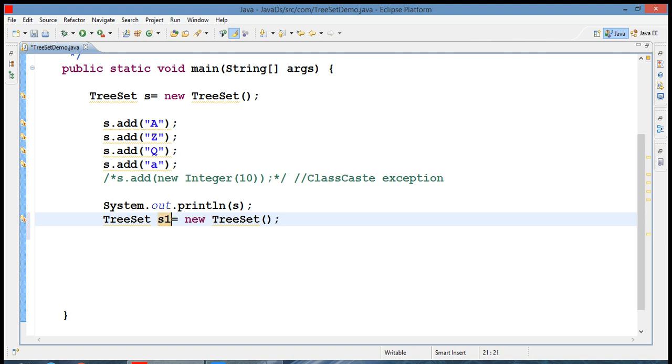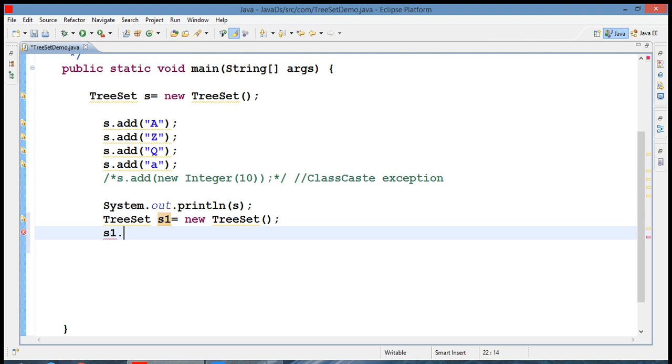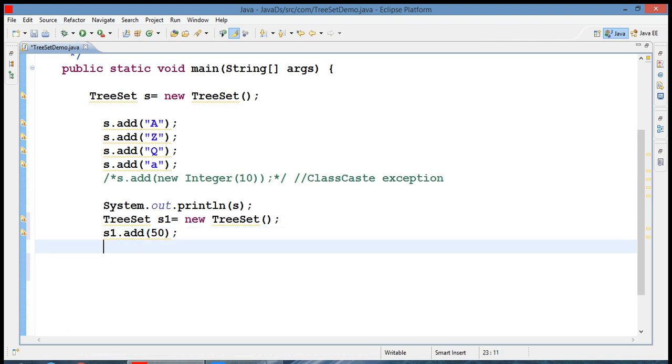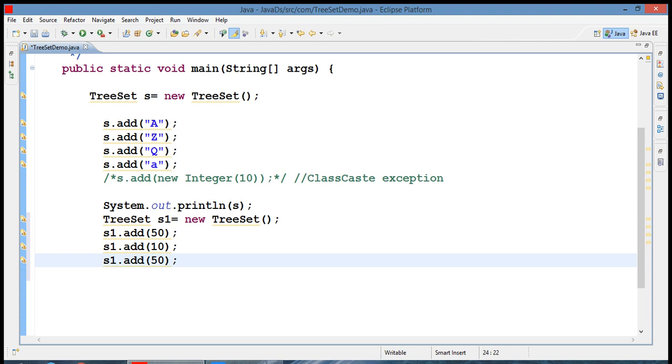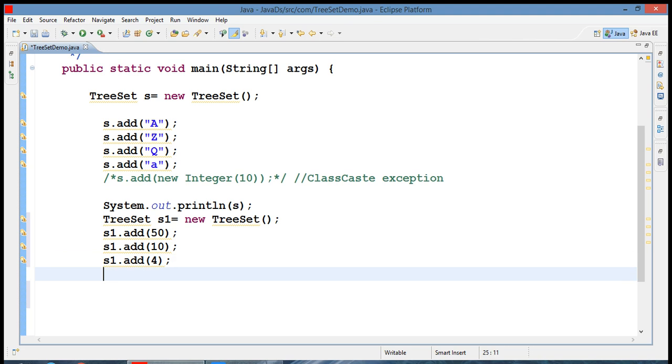We'll do s1.add 50, then we'll add some more elements. The values can be 10, then 4, and again we'll add one more element, 12. Now we'll get the output again in ascending order.